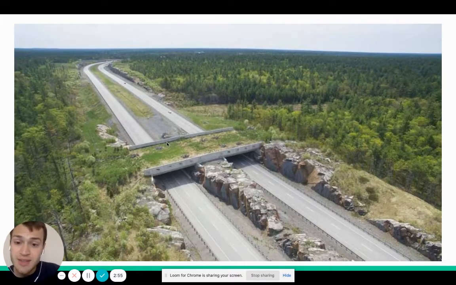Whereas if we look at this bridge, this is a land bridge, and it's a really cool bridge. It's actually not meant for humans. It's meant for animals. This bridge allows animals to cross highways without having to actually cross the road, where they could easily get hit and killed. So for whoever built this bridge, the most important thing in their mind was the ecosystem, keeping these ecosystems intact, because now animals can freely move across this bridge.